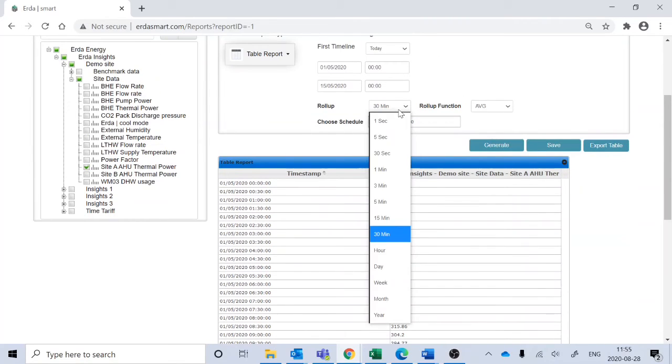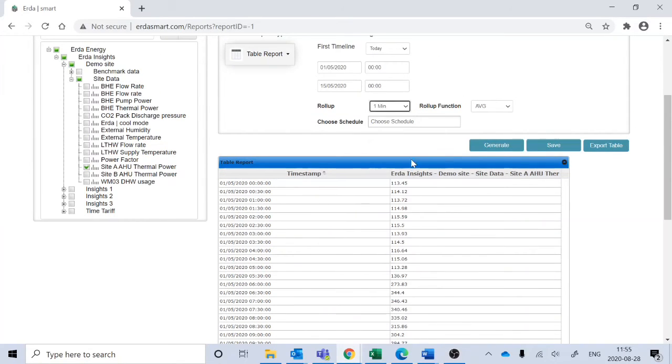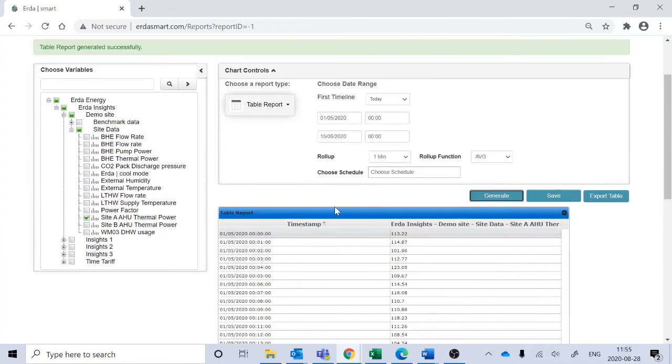If you want to look at the values in a 1-minute rollup, or average value for 1-minute intervals, change the rollup value to 1 minute. Select Generate and you will clearly see the change in the table from 30-minute to 1 minute and the values